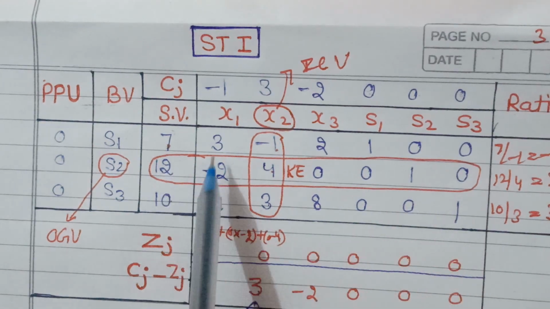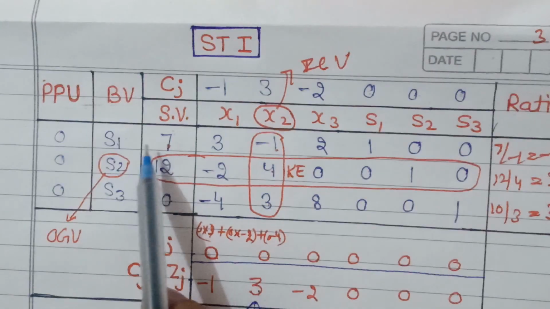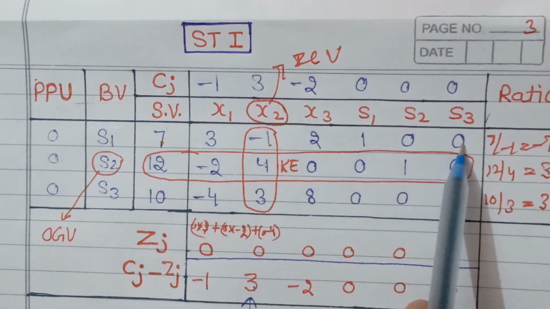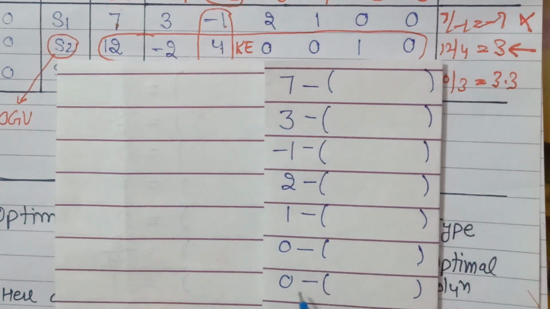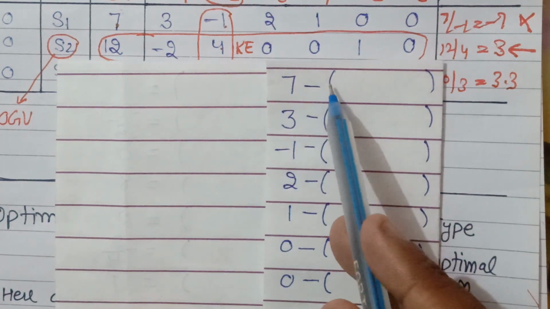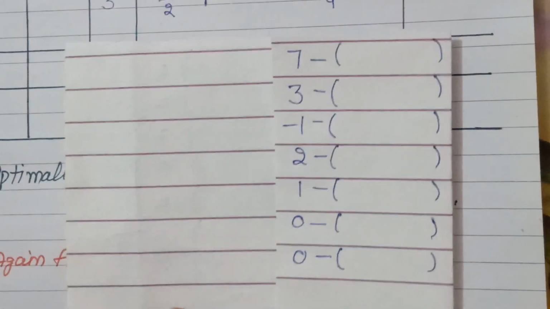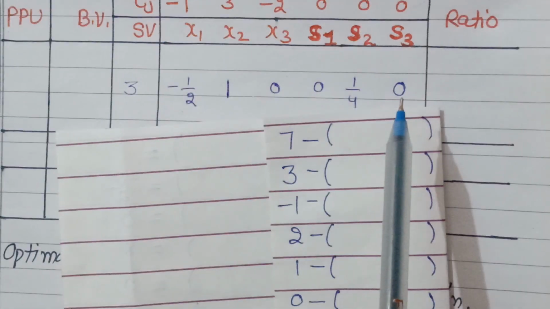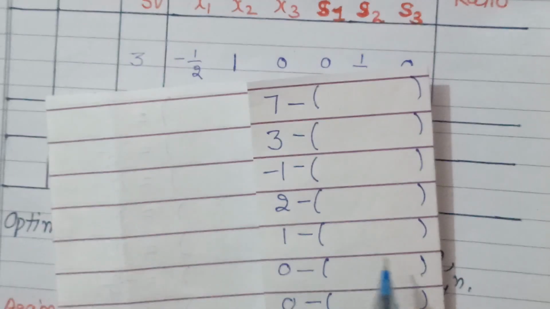Okay, so you know that for making this element 0 we have to perform a mathematical calculation. In that calculation, first of all write these values in the form of a column. We have written these values in the form of a column. Now make a minus sign in front of all of these values, and then make a bracket in front of all of these values. Then we have to write the elements from the simplex table 2, again in the form of a column, at the start of these brackets. So let us write these values.